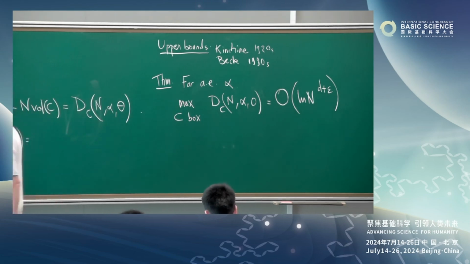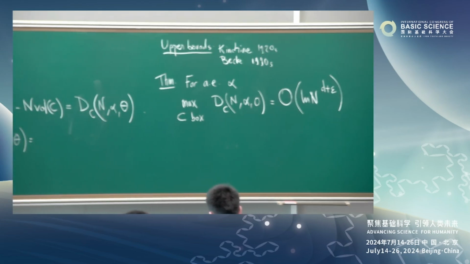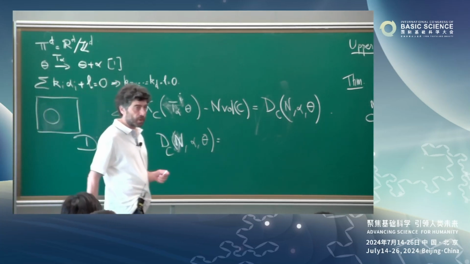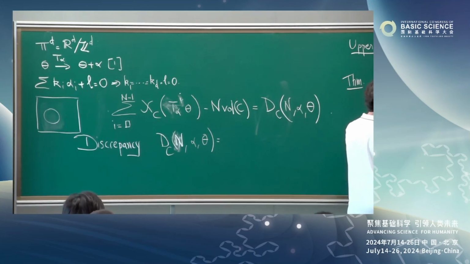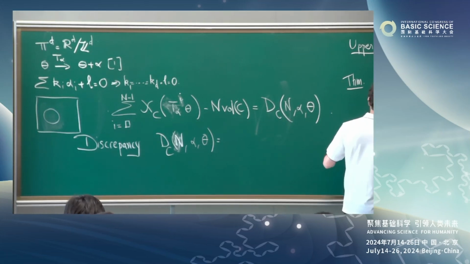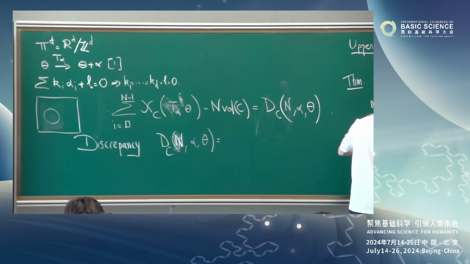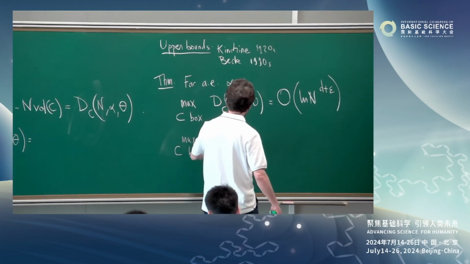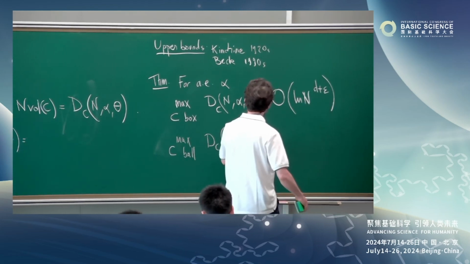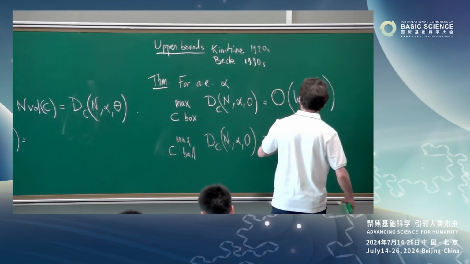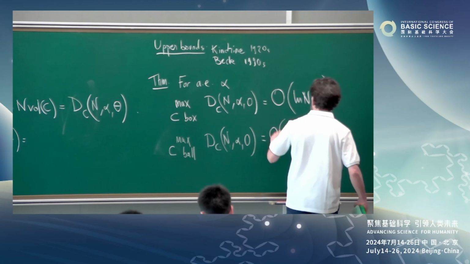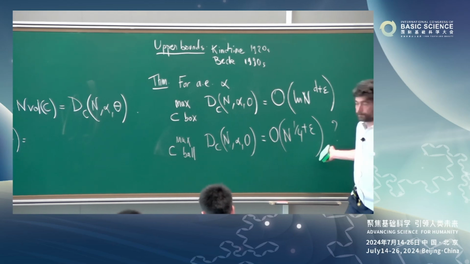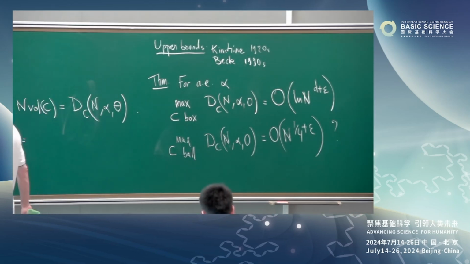You must compare this to when you have a ball, where we expect the error to be of order n to the power 1/4. That's not known. For example, unknown: is the max, when C is a ball, of D_C(n, alpha, 0) a big O of n^(1/4 + epsilon)? We don't know. This is similar to Gauss's problem. Let me tell you what Gauss's problem is since we're at it.